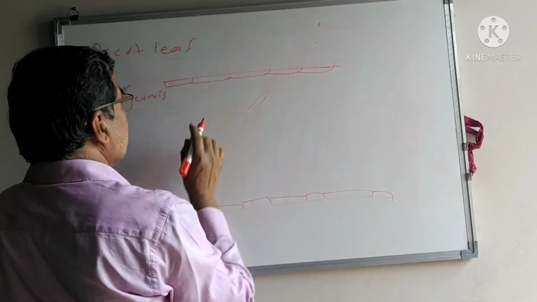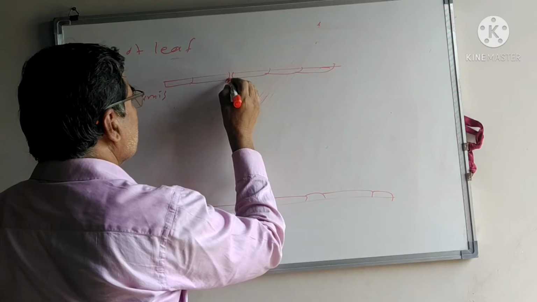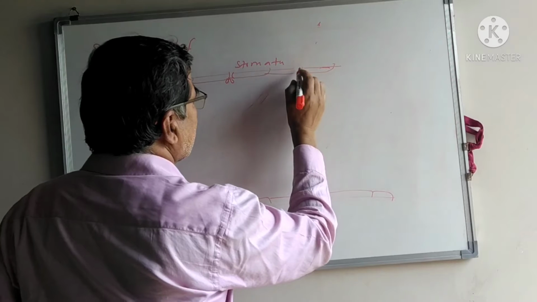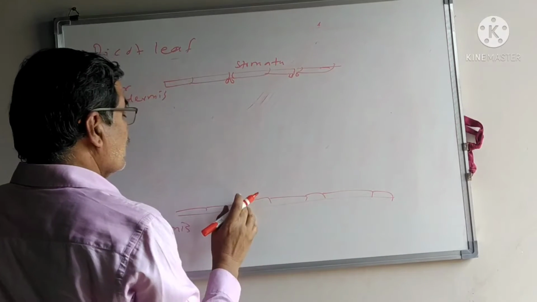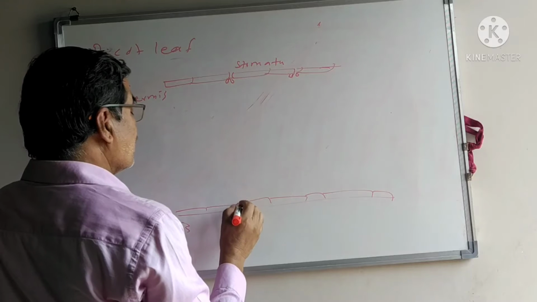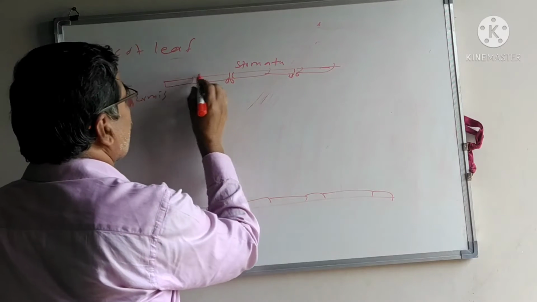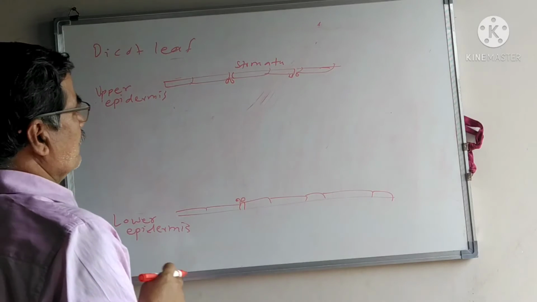The epidermis is a continuous layer, ruptured at some places, forming stomata. The stomatal number is more in the lower epidermis and lesser in the upper epidermis. It consists of a thin cuticle in a herbaceous plant and a thick cuticle in a xerophytic plant.